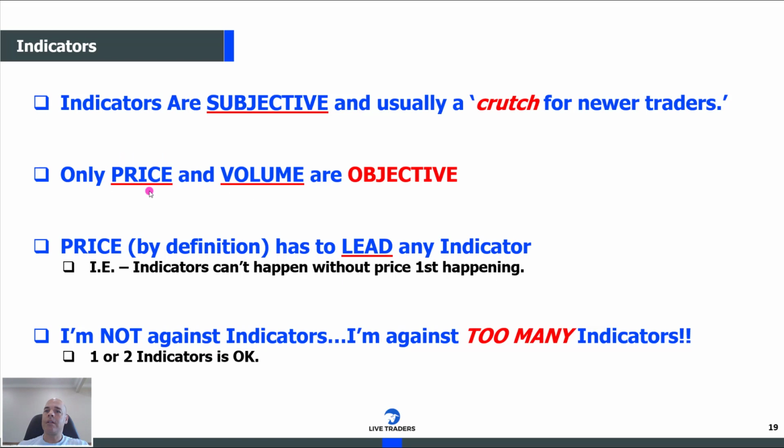Price just is, right? Sure, price can be manipulated, but price just is. All indicators are based off of price and volume. Not all, but most. Most, okay? So when you look at this, why wouldn't you just focus on the two things that make everything else possible? The things that make a Bollinger Band possible, the things that make a comm channel possible are price and volume. So by definition, price has to lead. So indicators can't happen without price first happening. Follow price. Go to the core,